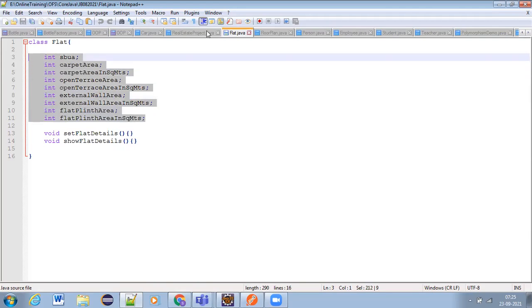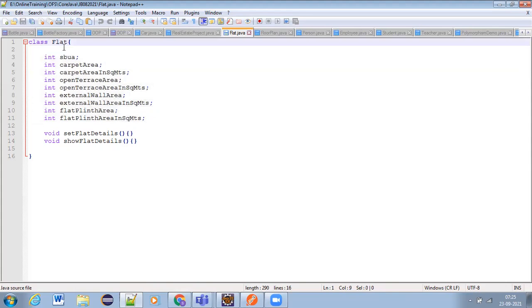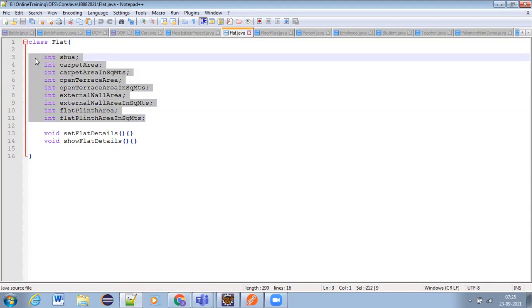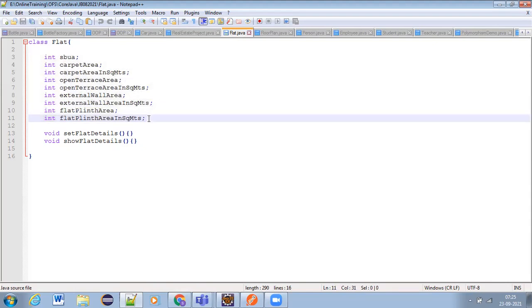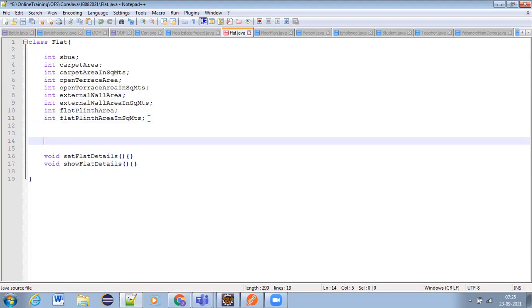If we say flat, we have taken super built-up area, carpet area in square meters, open terrace area in square meters, external walls area in square meters, or plinth area. But are these the only properties a flat may have? We may have some other attributes also for a flat, right?